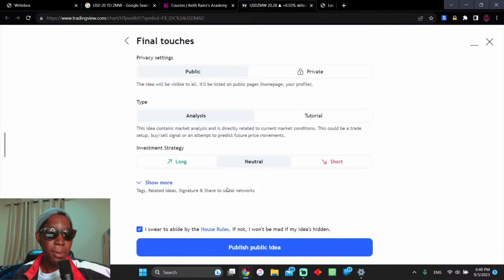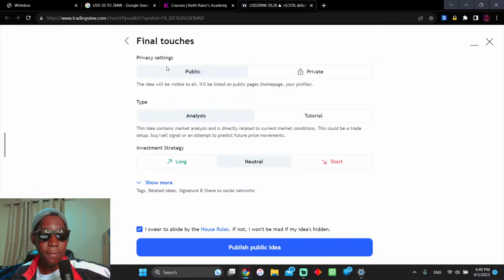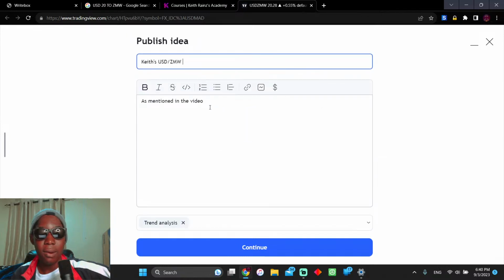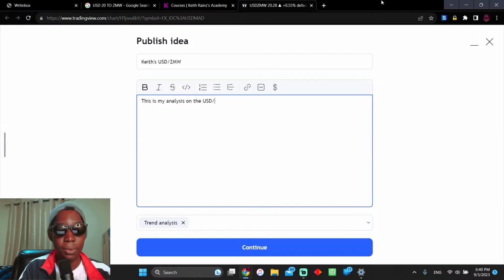So I don't know if this has been published. Okay, so I'm asked to enter a lot of information for this to be published, but I don't know what I can write in. Okay, let me try to write as fast as I can. This is my analysis on the USD ZMW pair, explaining its price movement and possible outcomes